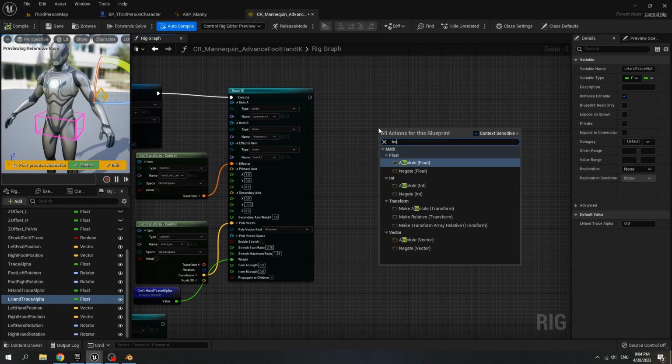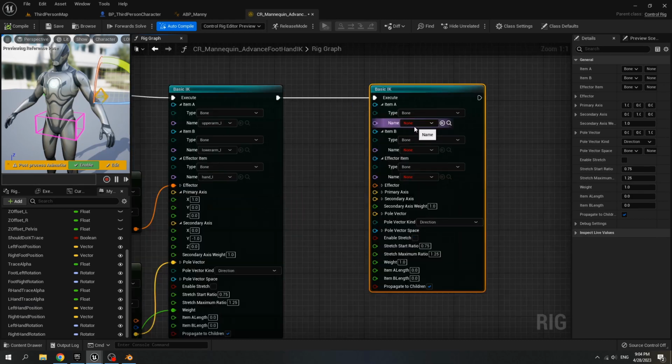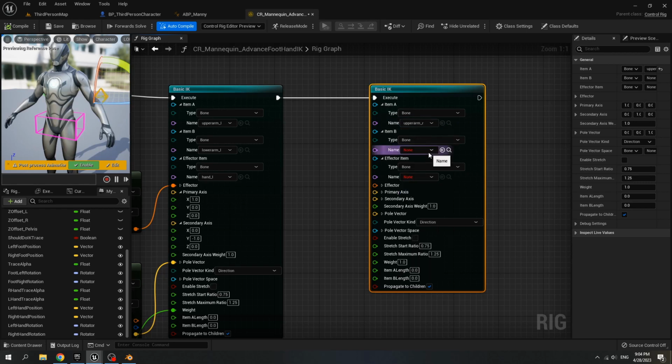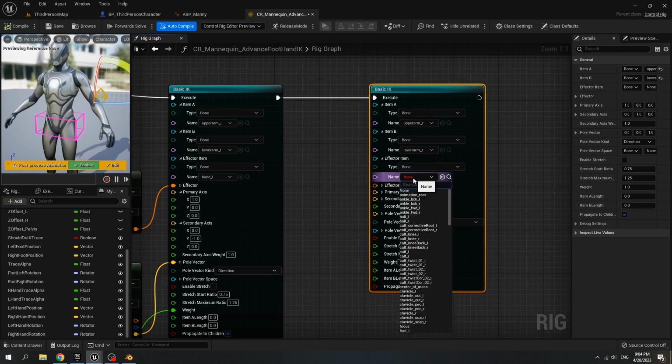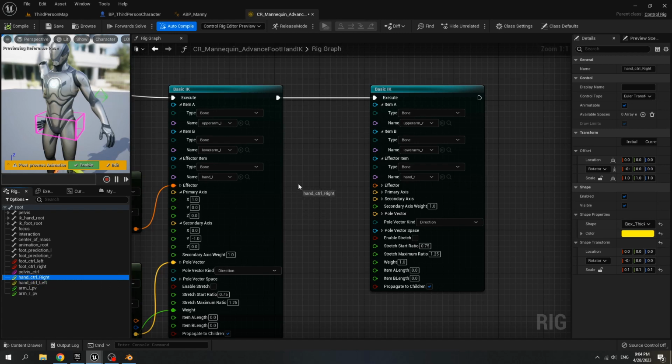Create another basic IK to control the right hand. The bone name is upper arm O, and item B lower arm O, and the effector is hand O. Get hand control right.